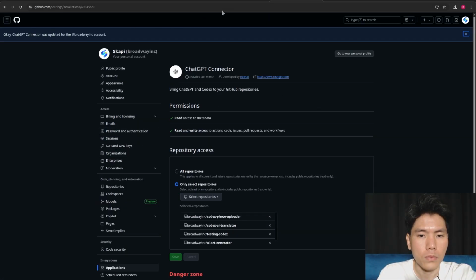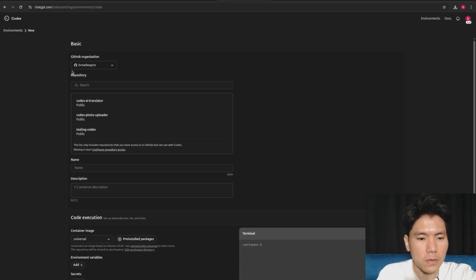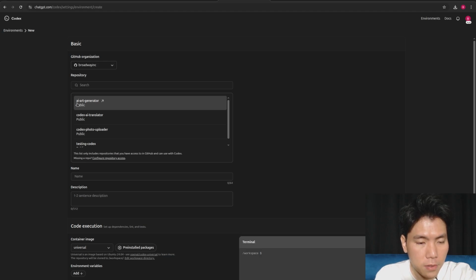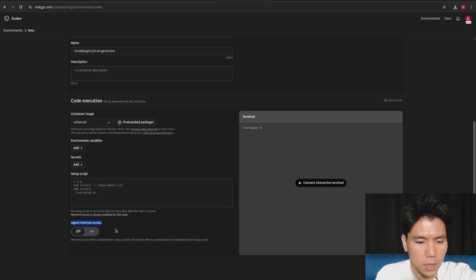And then we go back to Codex, and if we refresh, you will be able to see your newly created GitHub repository on this list. So I see mine here, AI Art Generator. Let's select that. Don't forget to turn this agent internet access to on,